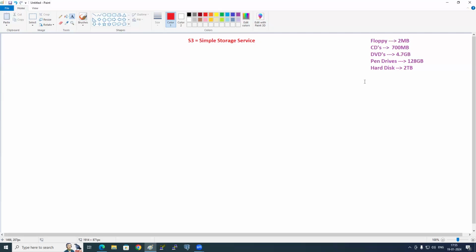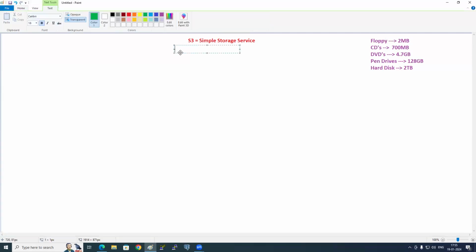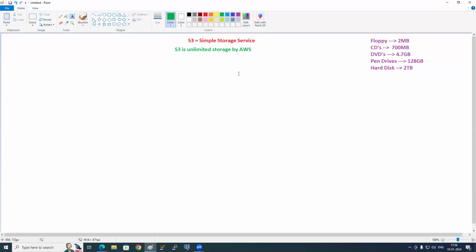Maximum 15, even less. But here S3 is completely unlimited storage. This is a certification question. So S3 is unlimited storage by AWS.